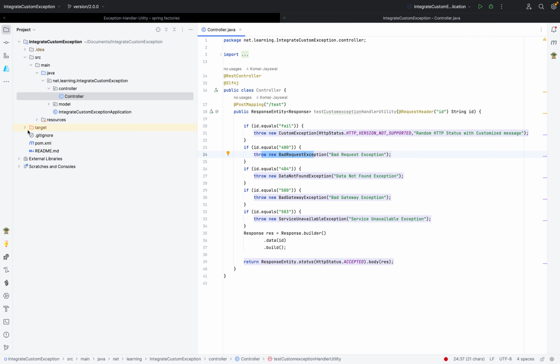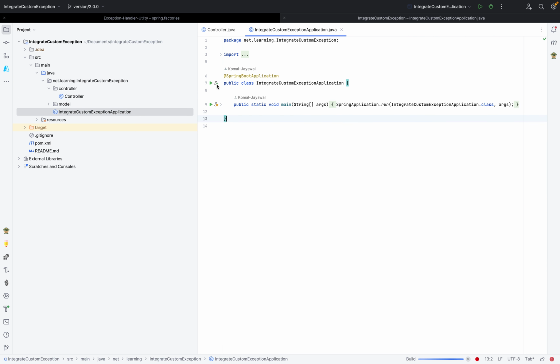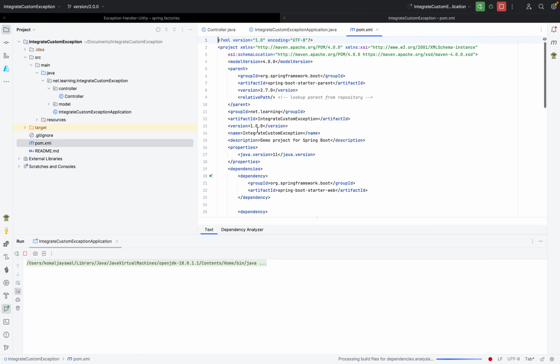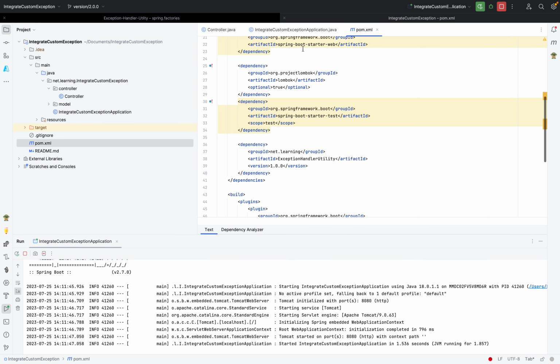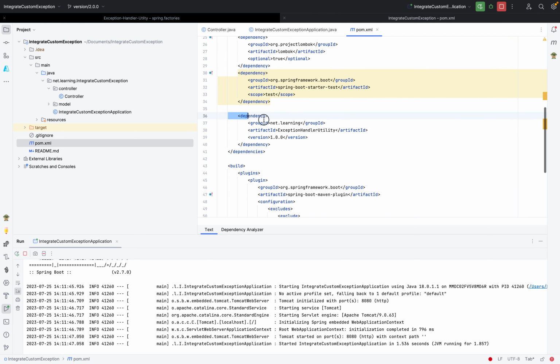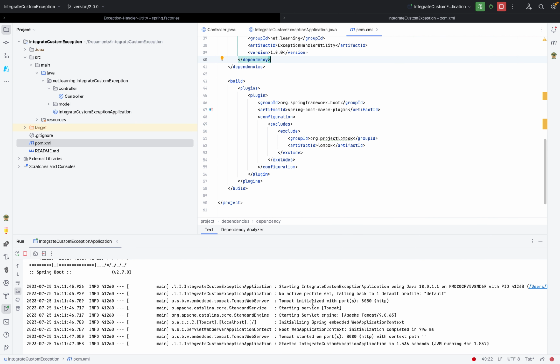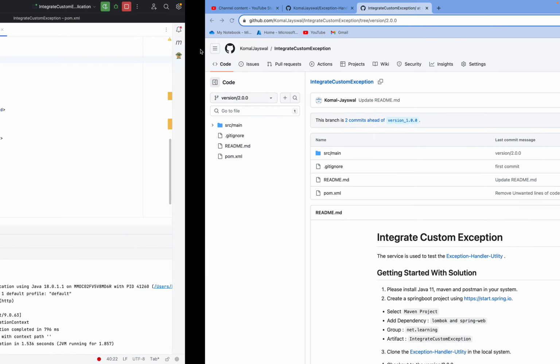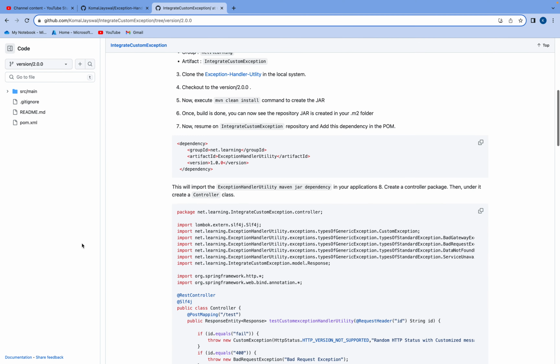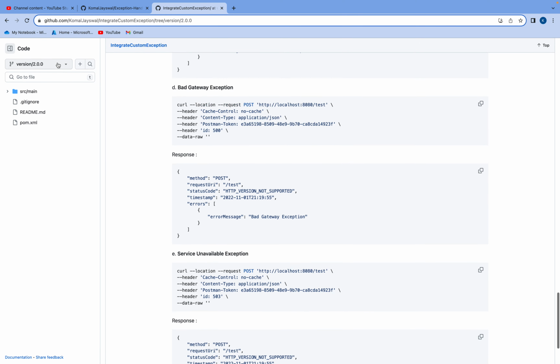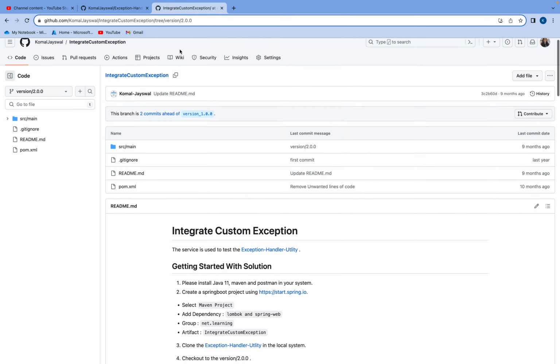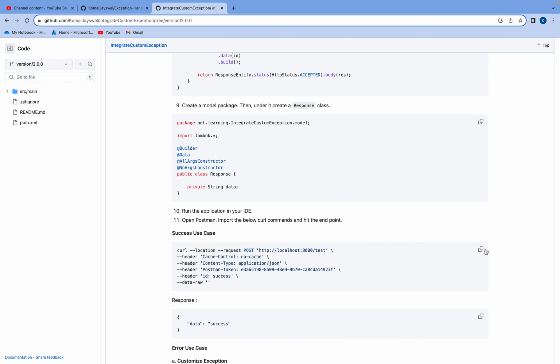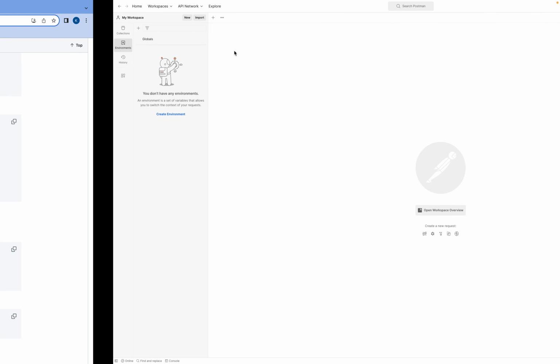Okay, let me start the application. Meanwhile, let me show how I added the dependency. Starter and test dependency, and Lombok is there. See, this has been here: net learning exception handler utility 1.0.0. Okay, this is started. Let me go to Postman. First, I need to take the curl command. Yeah, here it is. Let me go to Postman, import